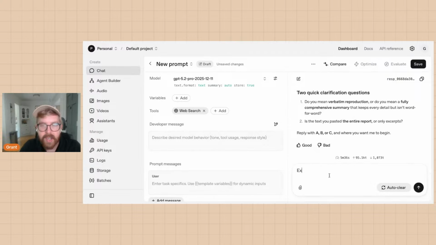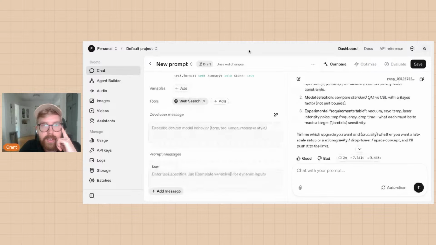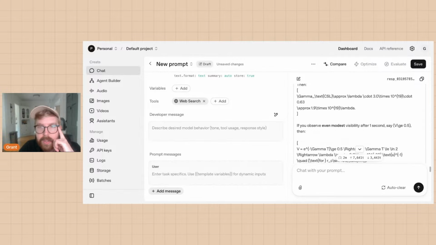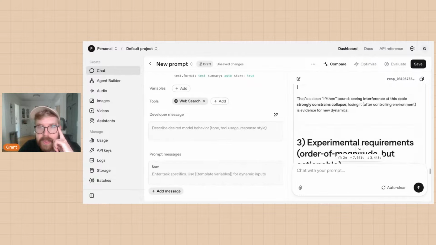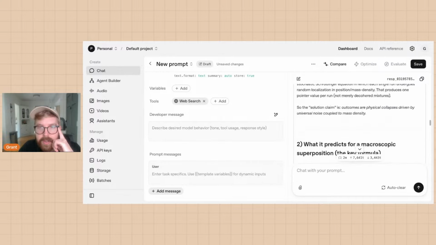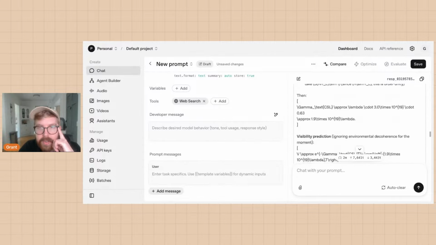I'll say exhaustive section by section digest. And then on the quantum physicists one, just to close the loop. Okay, so now go do it.